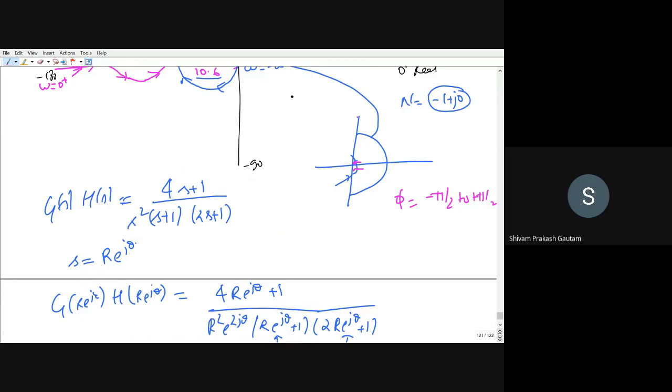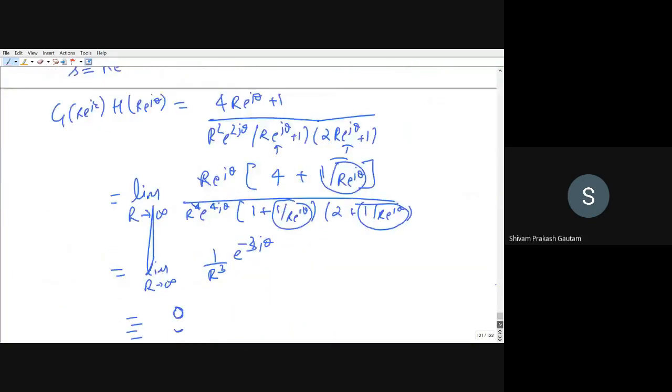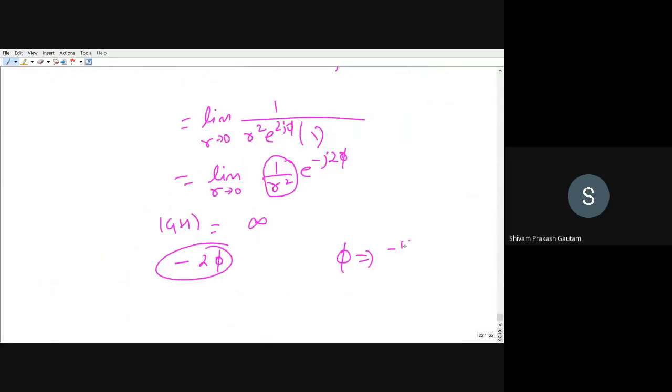In S plane, the orientation is like this. But now, orientation has changed to minus 2 phi. Earlier, it was minus pi by 2 to plus pi by 2. But now it is changed to minus 2 phi, so multiply by minus 2 inside this orientation. So we will be having minus 2 multiplied by minus pi by 2 to minus 2 multiplied by plus pi by 2. So ultimately we are having orientation that is from plus pi to minus pi.